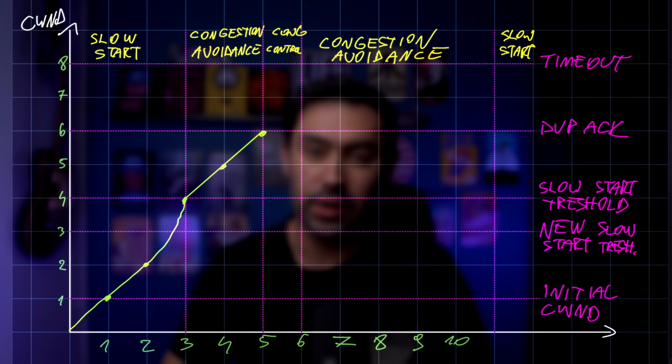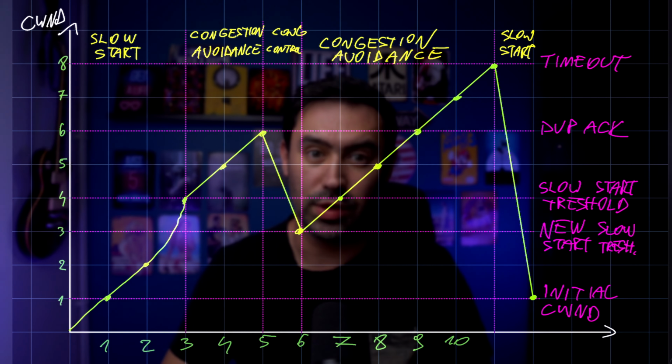If, however, congestion is signaled by acknowledgement timeout, then congestion is considered severe and the congestion window is set back to the initial value. By adjusting the congestion window, TCP dynamically responds to network congestion. In 2006, an improved version of the congestion control algorithm was introduced called TCP Cubic to respond to network congestion